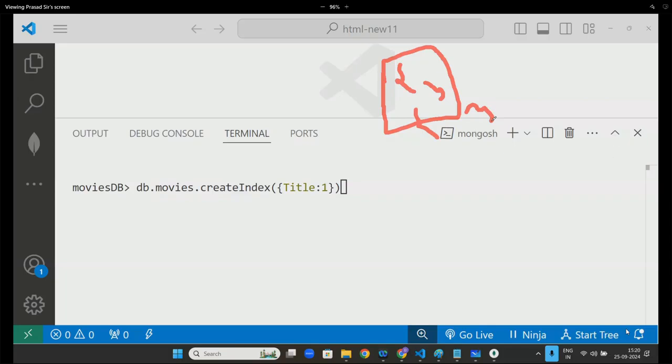It will check everything. It will completely check the first document, and again it will completely check the second document. It will completely check the third document. But only the title is needed, right? If I go to this particular Compass and see this data,